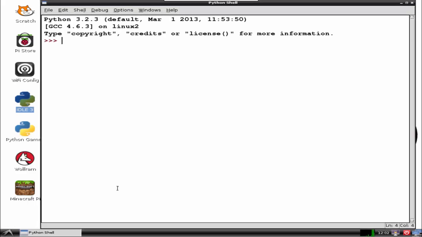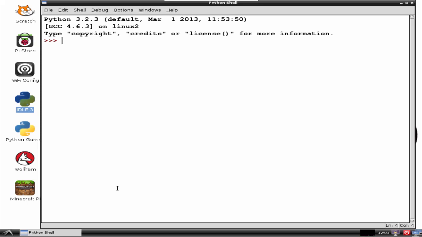Now, what you are seeing here is the Python shell. This is the window where you type Python commands and see what they do. It is very useful for experimenting, especially while you are learning Python. Just like the console command prompt, you can type in commands after the prompt, and the Python console will show you what it has done on the line below.